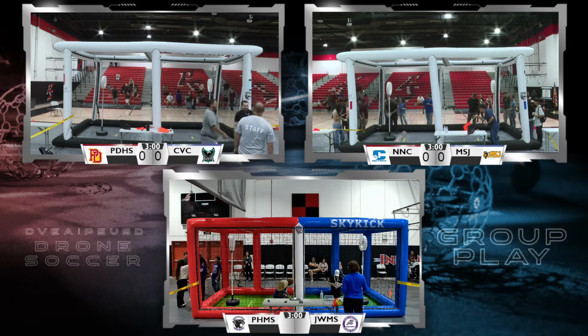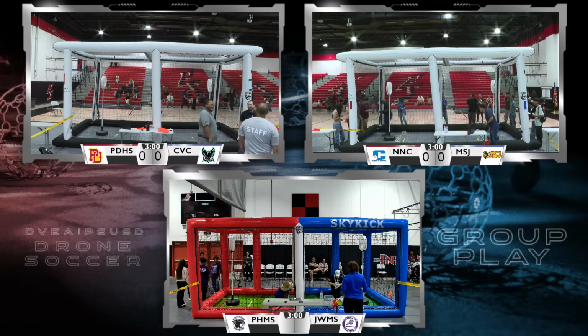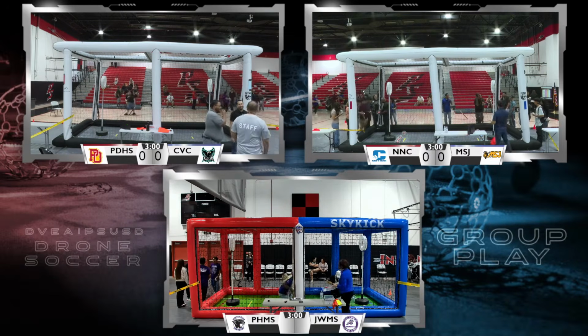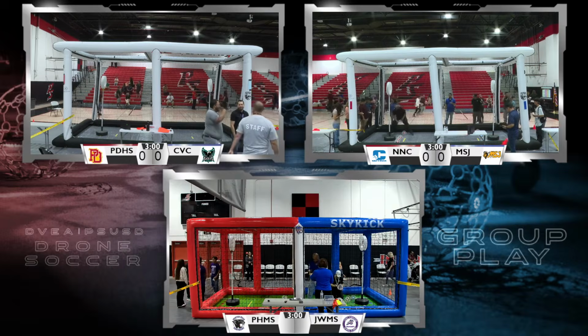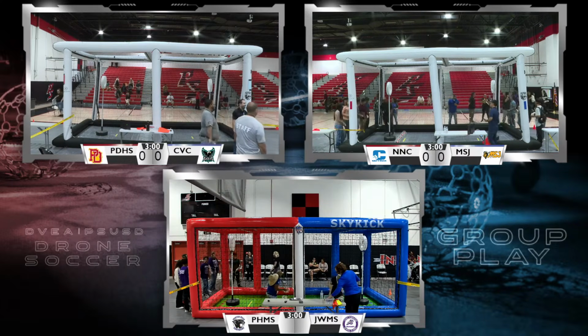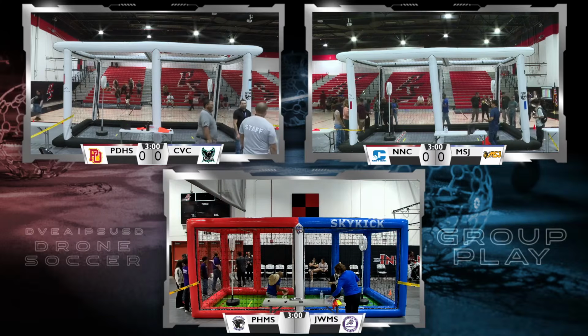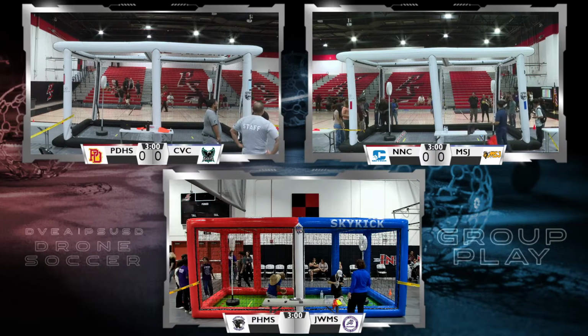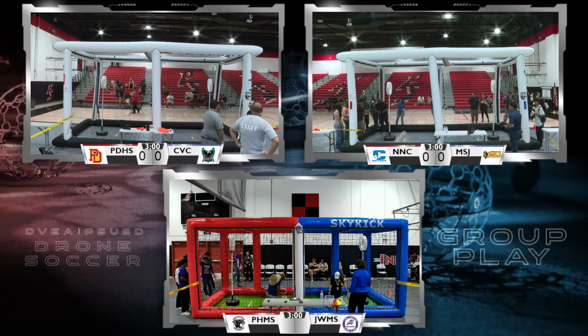Palm Desert High School and Cielo Vista Charter are getting lined up in Arena A. Palm Desert High School will be on the red side, and Cielo Vista Charter will be on the blue side of Arena A. So they're lining up to play right now.